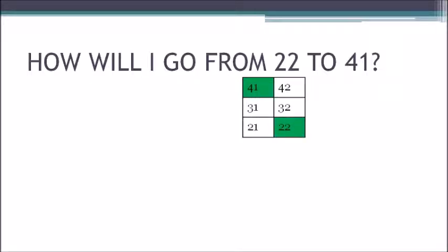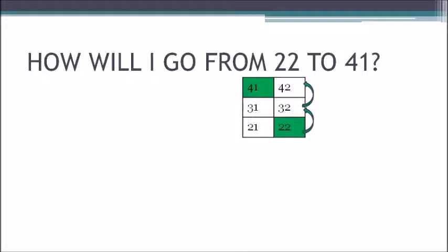So here both of the numbers are there. First one is 22. We are at the position of 22. We have to reach to the position of 41. How do you go? From this picture we can easily see that by taking 2 steps upward we can easily go close to the 41. Yes or no? So let's take 2 steps towards the up, then we'll reach to the number 42.